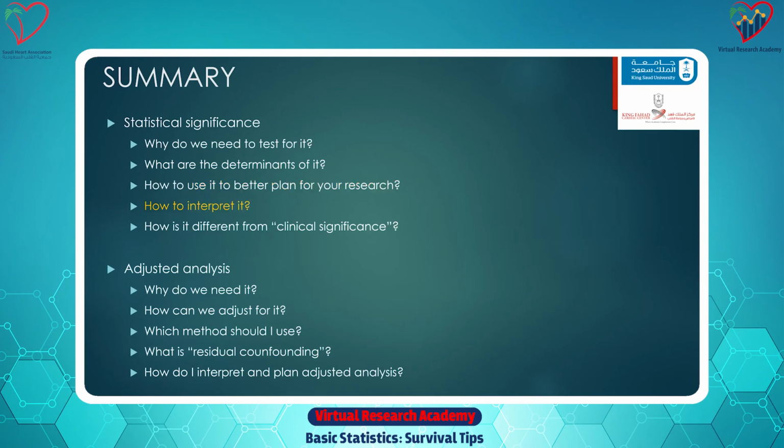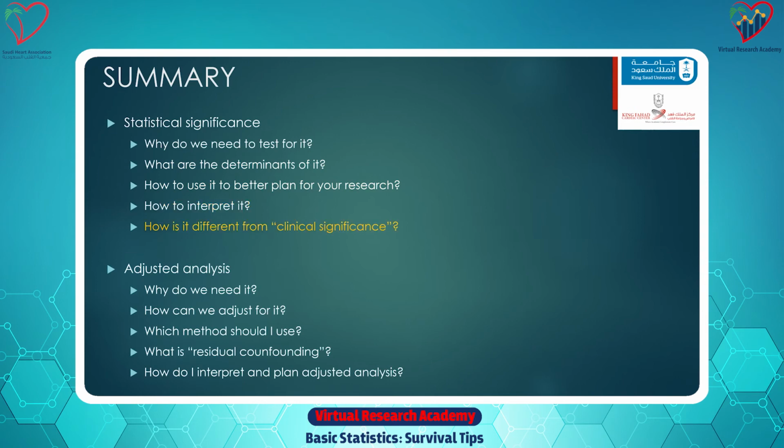How to interpret statistical significance: when the p-value is more than 0.05, which is the conventional cutoff, that doesn't mean that there is no difference. It just means that there's no evidence of difference. You will have to decide if that's because the intervention is not effective, or other reasons like not having the power to show it, or issues with the conduct of the study, and so on and so forth.